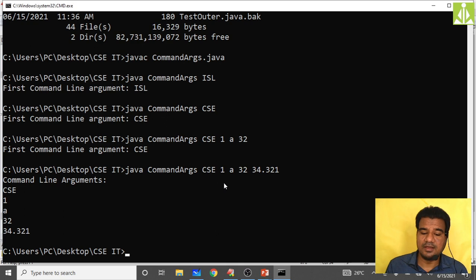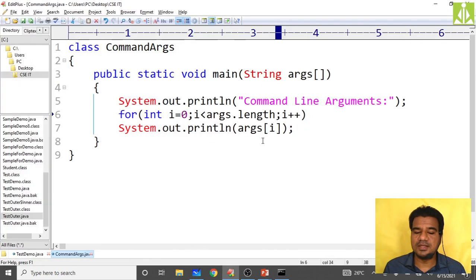That means we are reading, isn't it? So in your examination, how will they give the program? They will ask you to read the first two input values from the command line arguments and add those two values. So what we have to do, we have to read the first two values, add those two values, and print the result.